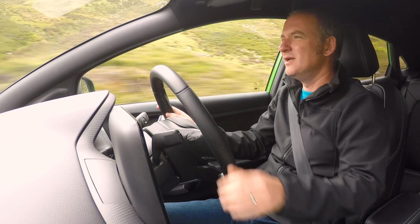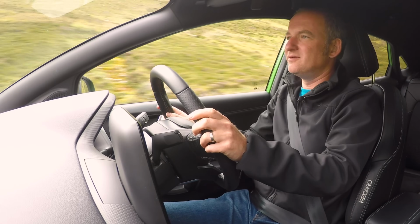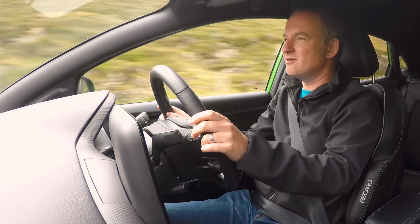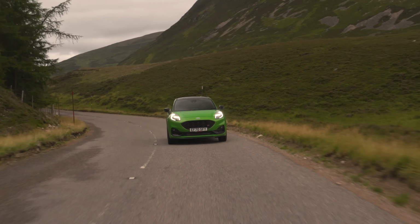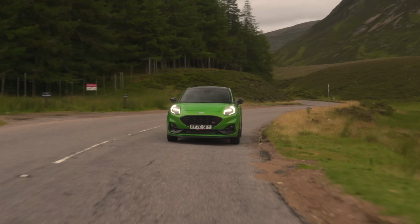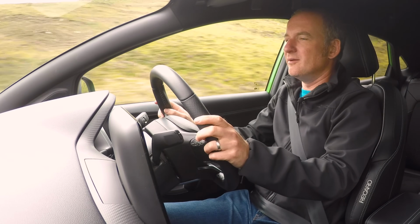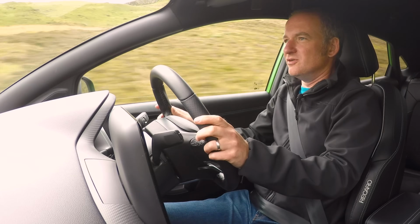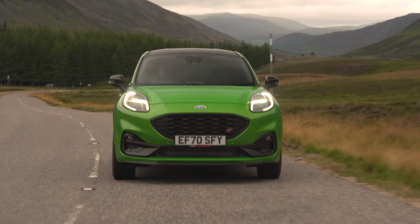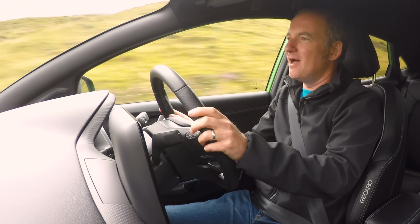At first though, it feels like it's trying a bit too hard. The ride is really quite firm at low speeds. The steering is very quick off the straight ahead. It's like it's desperate to show you that it's a sporting car, and it feels a bit disjointed as a result. Just when you're cruising around, it feels like it just wants to get on with it. It's not as good at just being everyday easy going, and as a result you do have to start winding it up, and then